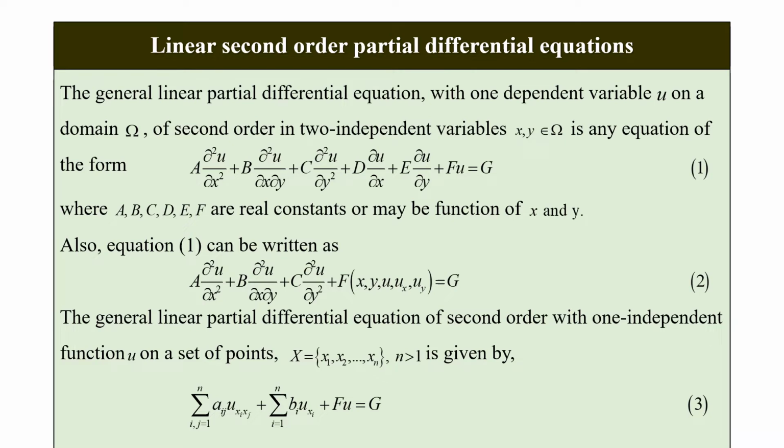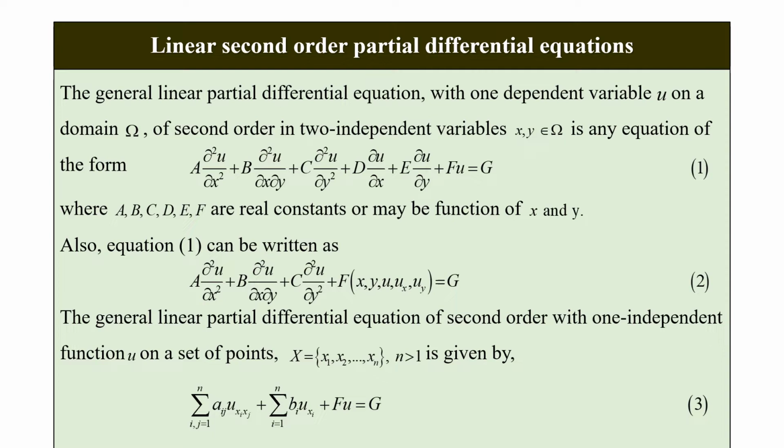Also, equation 1 can be written in the form of equation number 2. Since we are talking about the second order partial differential equation, we retain the second order partial derivatives as they are and the others we club in this form, which is equal to G. The general linear partial differential equation of second order with one dependent function u on a set of points x equal to x1, x2, and so on up to xn, where n must be greater than 1, is given by